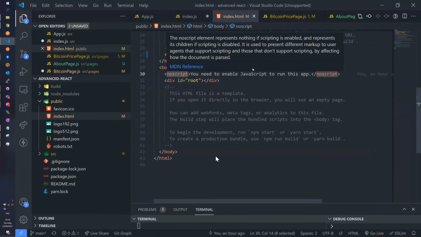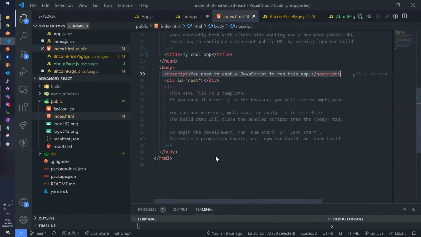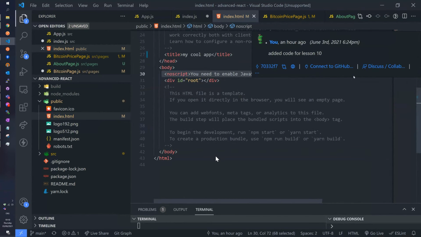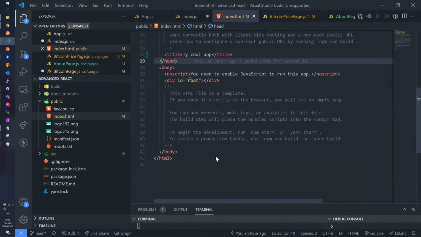This is probably something which nowadays is not as relevant as it used to be back in the day, when there were web browsers that did not run JavaScript, right? That was something that was there back in the day. And this would be what should appear in case JavaScript is not enabled in a browser. So if I opened this from, I don't know, Internet Explorer in 1999 or something, this is what you would see.